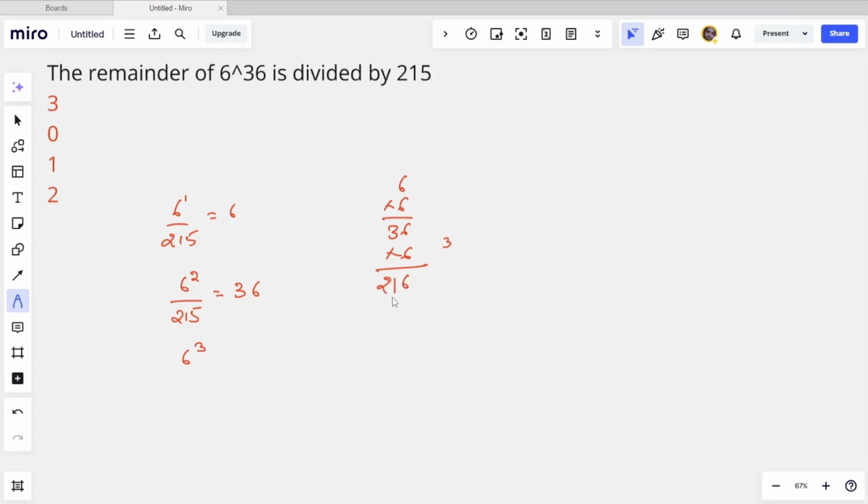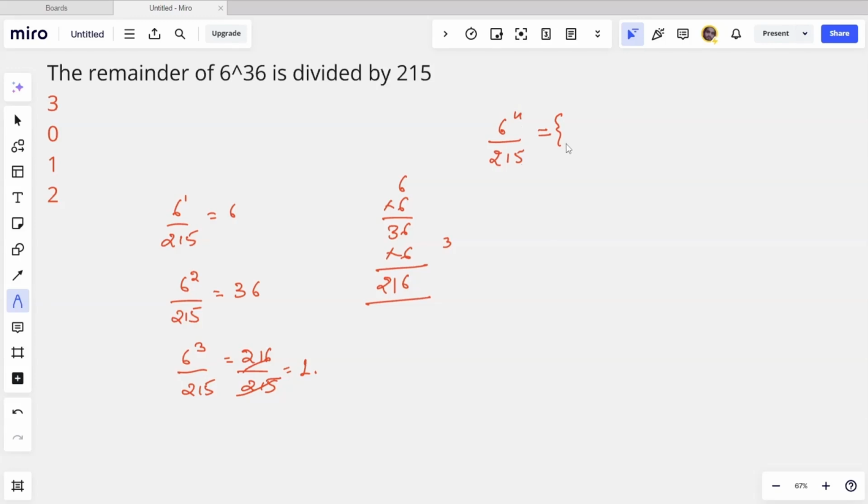So it will become 216. Okay. 6 raised to the power 3 divided by 215, it will become 216 divided by 215. It means the remainder is 1, and this is what we want. As we know, when we get remainder as 1, the cyclicity will end. It means 6 raised to the power n, it doesn't matter what the power is, divided by 215 follows